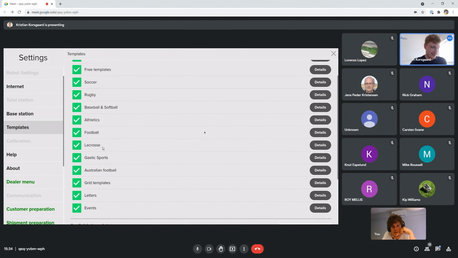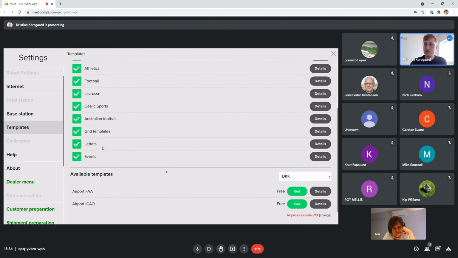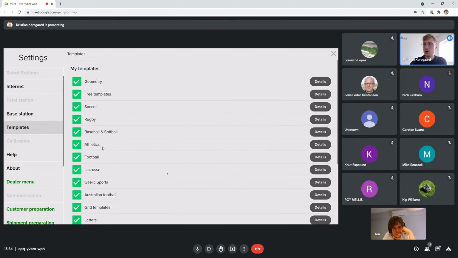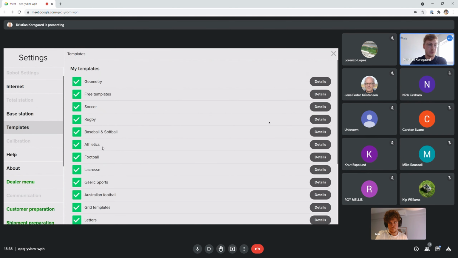There we go. Small bug. And I have Australian football here. And now I have only access to 2 more template groups down here. You should all, by this point, be familiar with this page. That's some of what I talked about, is that you can hide entire template groups, or you can go into the template groups and hide specific templates. So, for example, if I hide the soccer group,